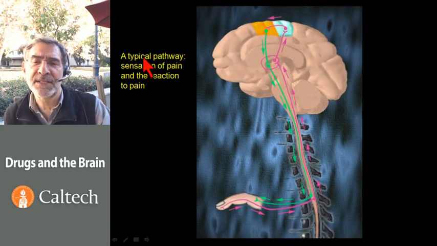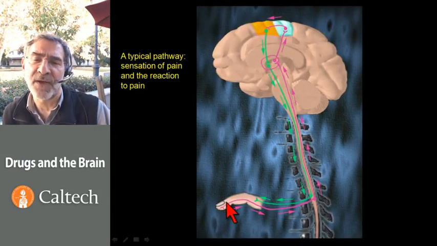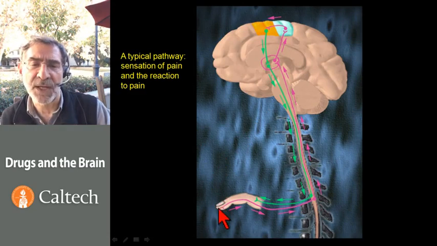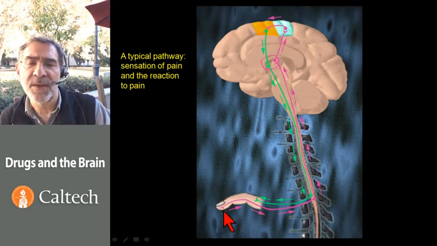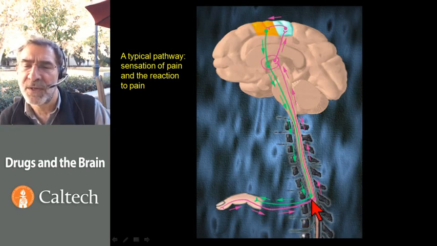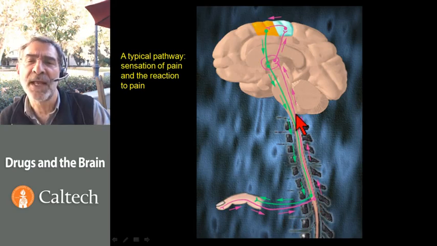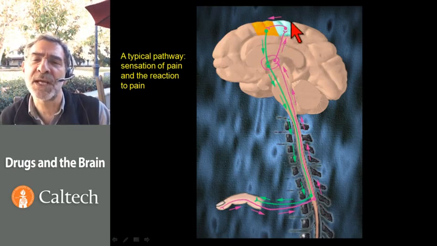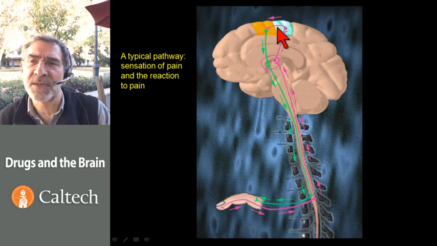Now, if we look at a simple circuit that involves the periphery, the spinal cord, and the brain, when you get your finger stuck in a door or a car door slams on it, the pain sensations travel through the nerve roots into the spinal cord, where they synapse onto neurons, which then project in an ascending fashion. So we call projections that go to the brain ascending. Most sensory messages synapse in the thalamus, go to sensory cortex,